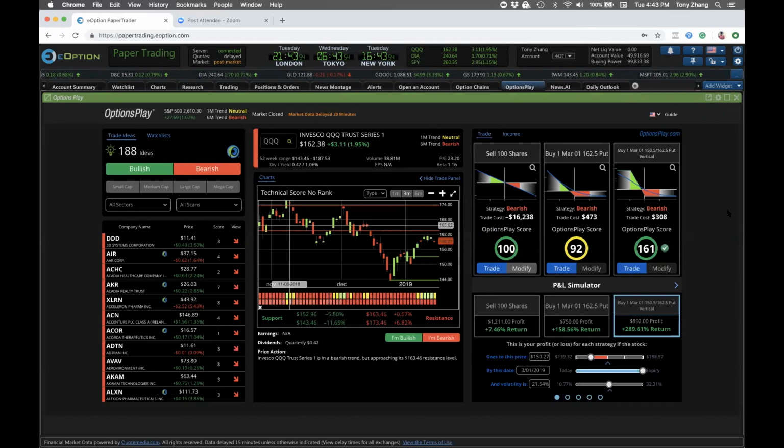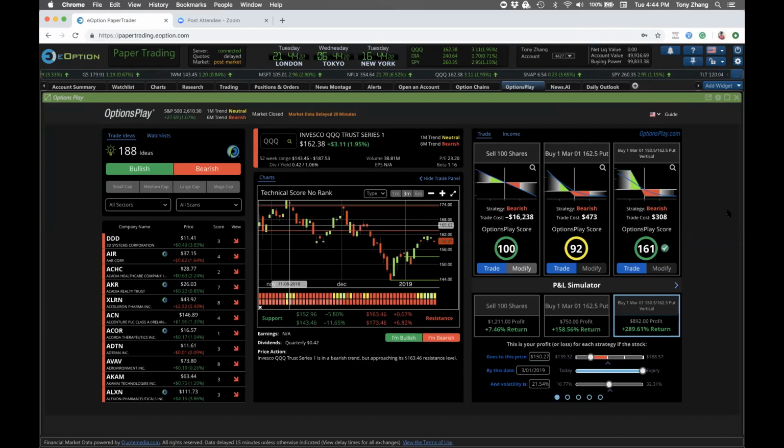For those of you that have traded this or utilized this tool before, what I'm going to do is walk you through some examples of stocks that are reporting earnings in the next few weeks, and show you how to utilize this tool to analyze those trades and use our P&L simulator to show you exactly how much profit or loss you can expect from each strategy so that you can decide whether this is suitable for you, and more importantly, show you how you can become self-sufficient in being able to analyze these